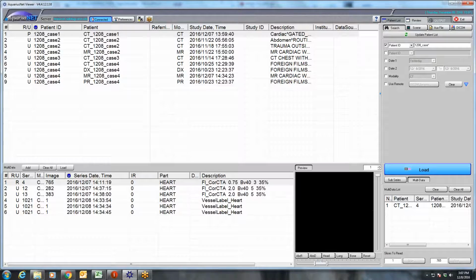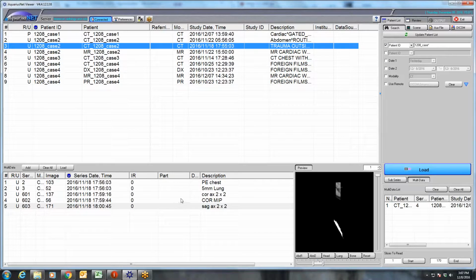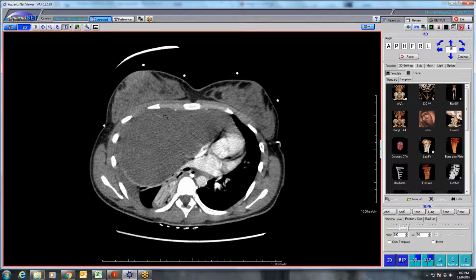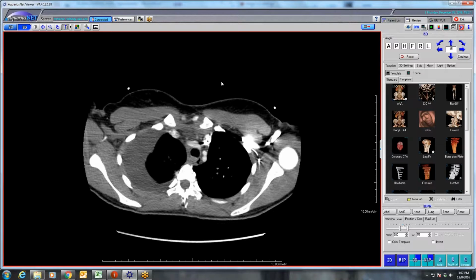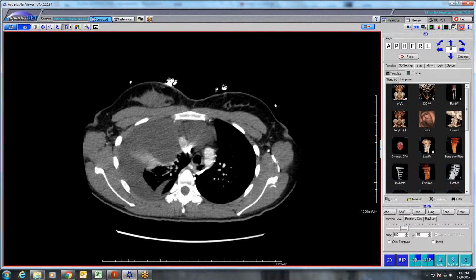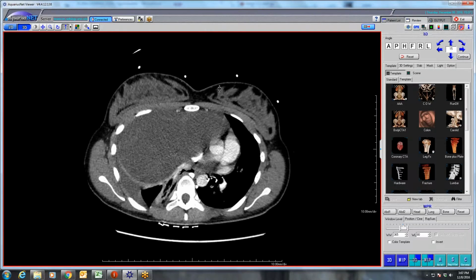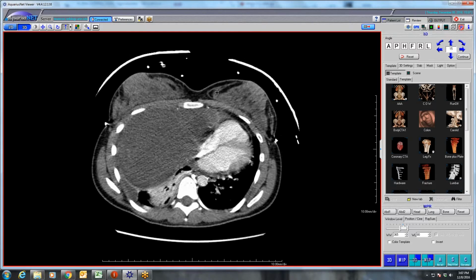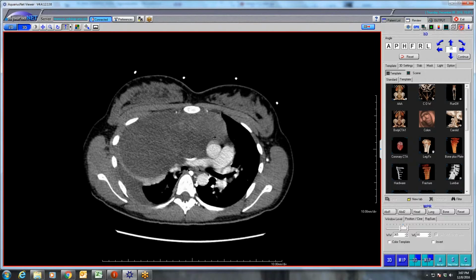Yeah, so that was the first case. This is an interesting case. It's from an outside hospital. It's a young girl. I think she was 17, and one of our surgeons called me, and he's basically trying to describe this lesion to me, and he starts taking very bad cell phone pics of this study from an outside hospital, and trying to tell me what I think it is. Obviously, it was better seen when we actually got the images, but